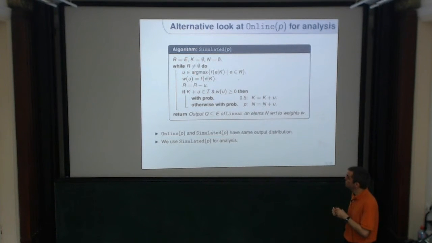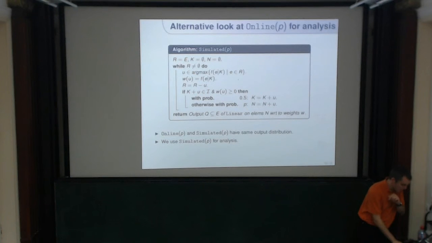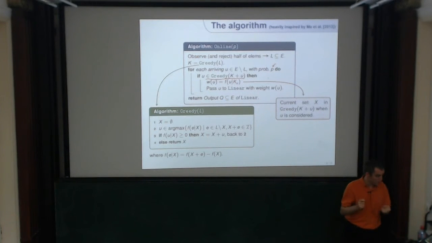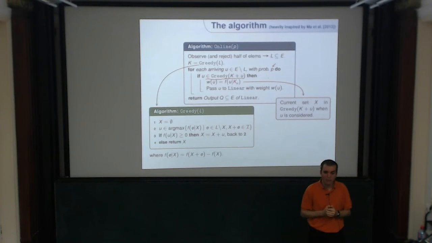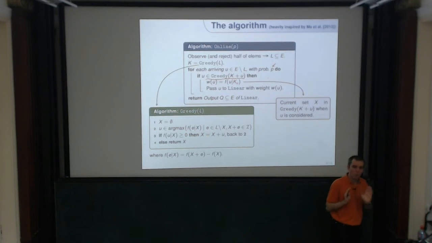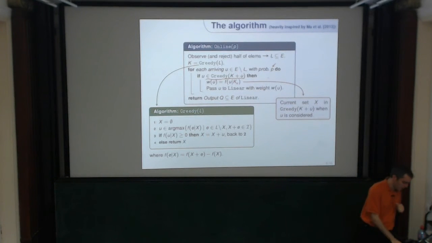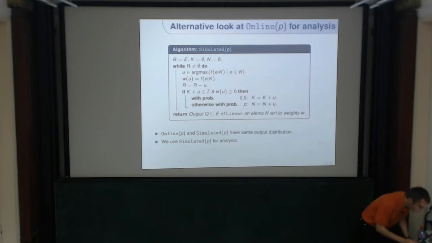Maybe I could go a slide back. There was one thing I dropped in my explanation: there's a certain probability p. Elements in the second half, I will only consider with probability p. With probability 1 minus p, we just discard them. They are randomly discarded. For the time being, let's just assume that p is 1. I will come back to p, so don't get confused by it. It's not important to explain currently. So forget about p.